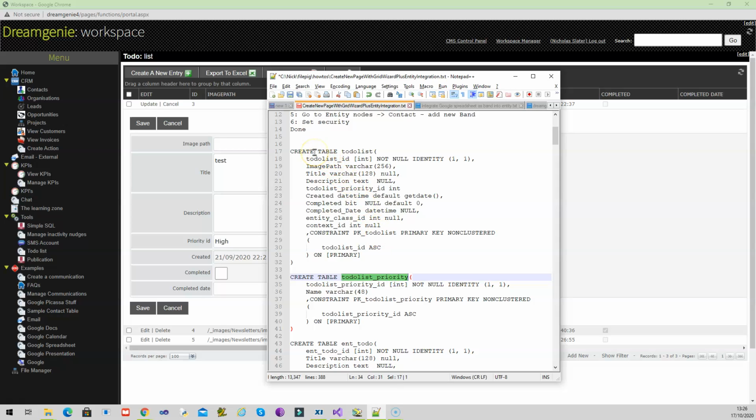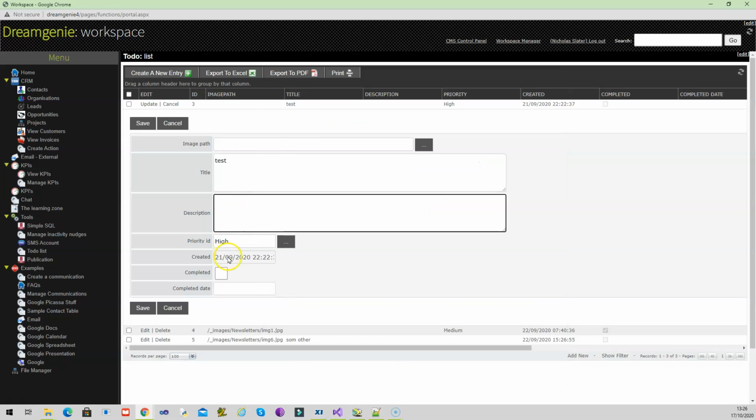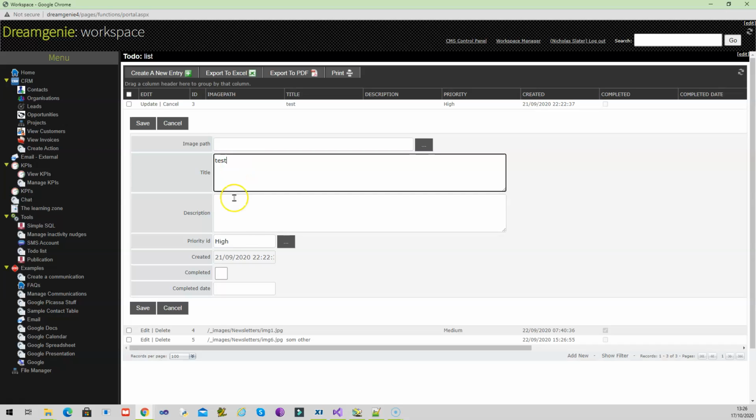And then we've created a list page with full CRUD for both. And then we've looked at enhancing the different fields on the to-do list form. So we've looked at validation, we've looked at mandatory fields, case of test, we've looked at lookup lists and date